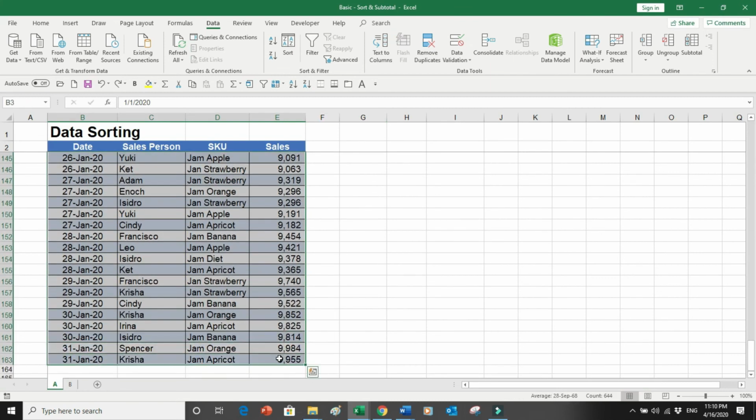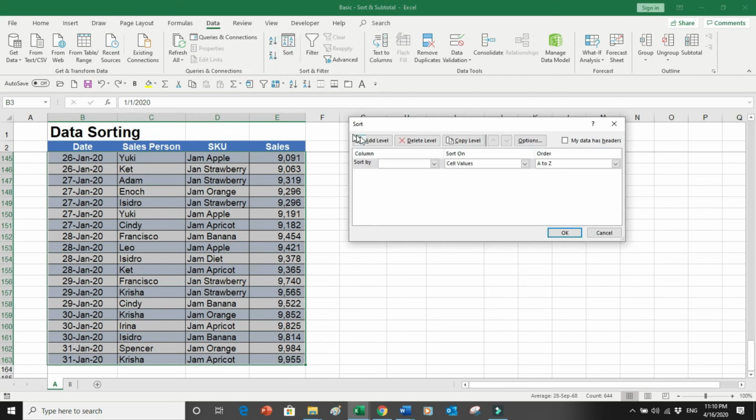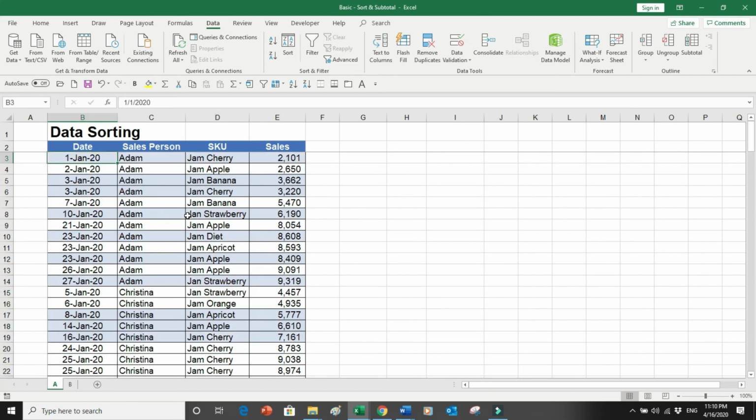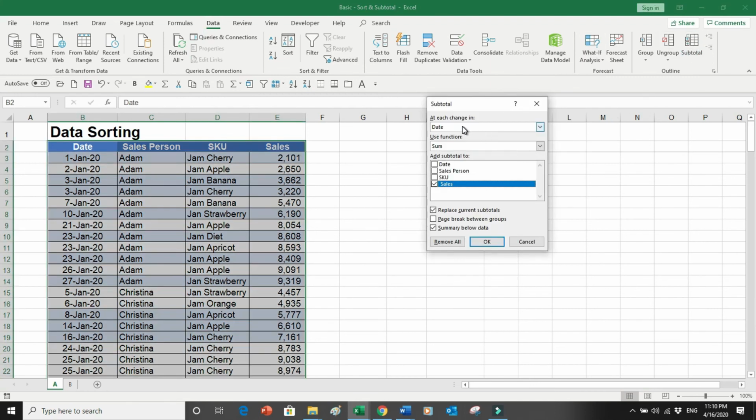Select everything and say data sort onto column C, because salesperson over here A to Z, I'm okay with that, and go to the top. And over here I can again go to the data and say subtotal, and now it's not the date, it's the salesperson's sum, and again the sales is coming automatically, so I will say okay,